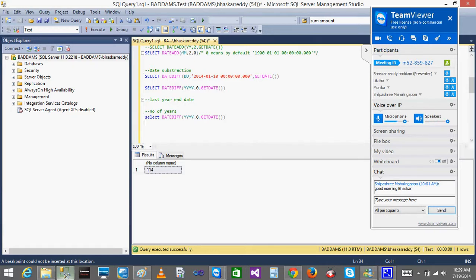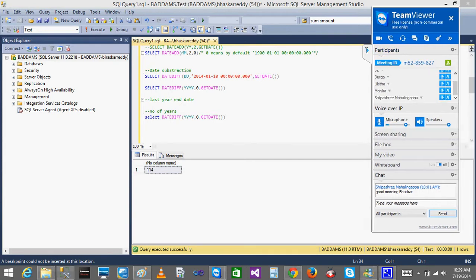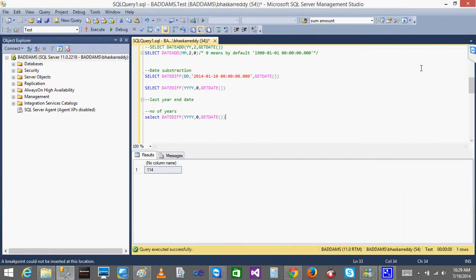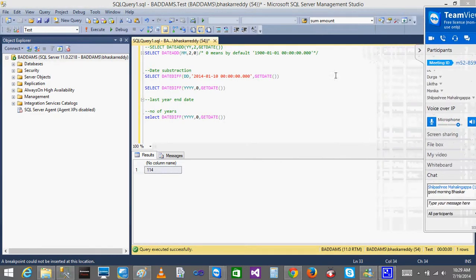Can you see this screen now? You need to unmute your microphones. Now, everyone can see this screen? I think Dhanalakshmi is not here. So once you join, then we can start. Dana, Durga, Likita, Monica and Shilpa, you all can hear me, right?